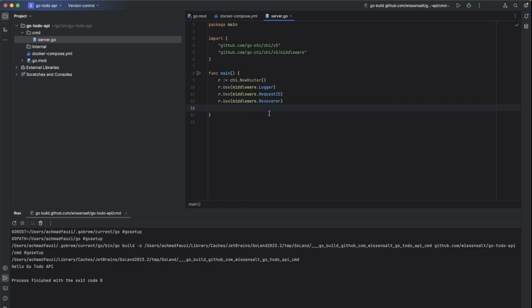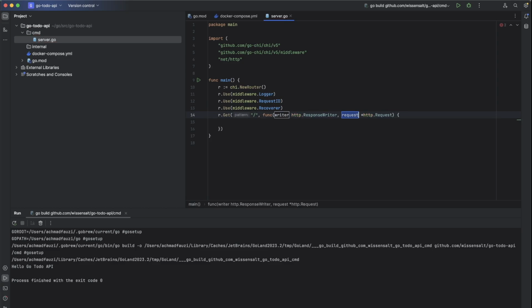Then we will create one new path for serving the root API. The root path for this API, r.Get. The pattern is slash, which means it is a root from this API. Then let's just use a direct handler from the function. Okay, then we will return render.JSON. Oh, but okay, render is not installed yet.